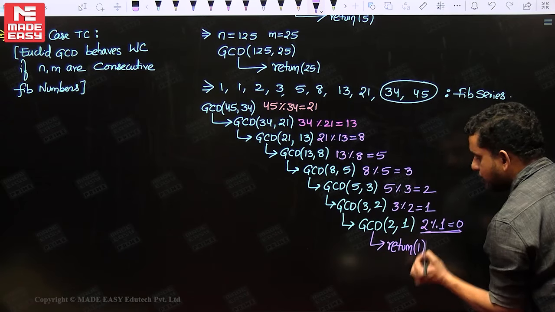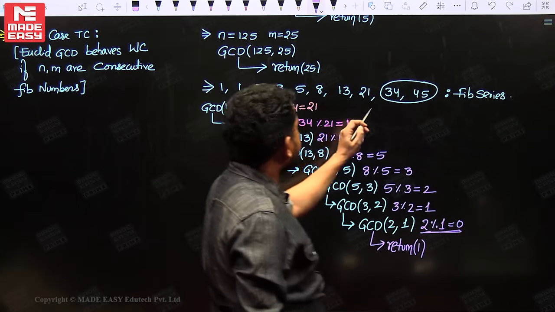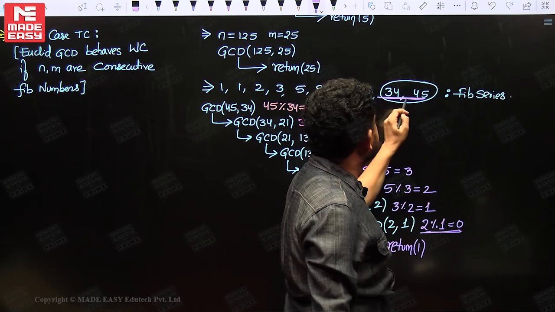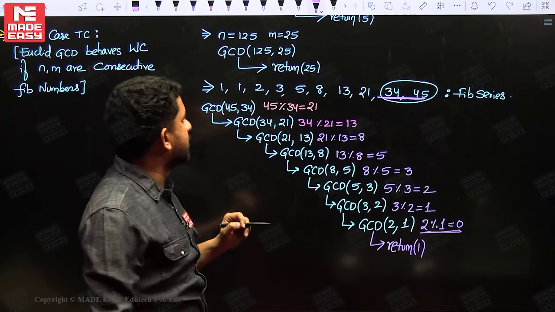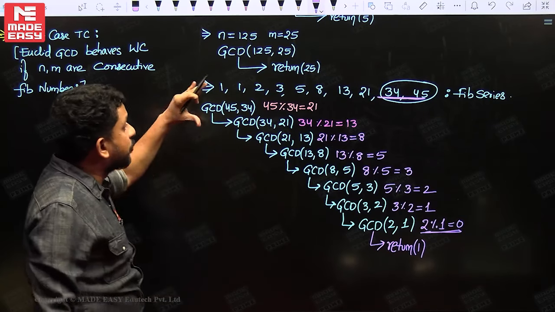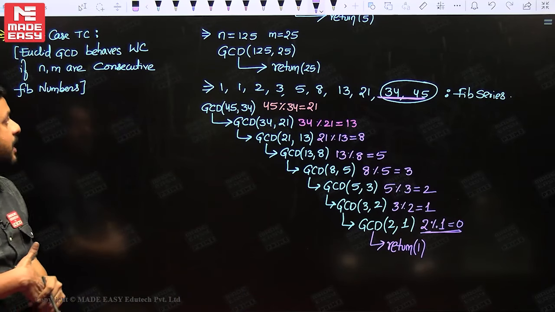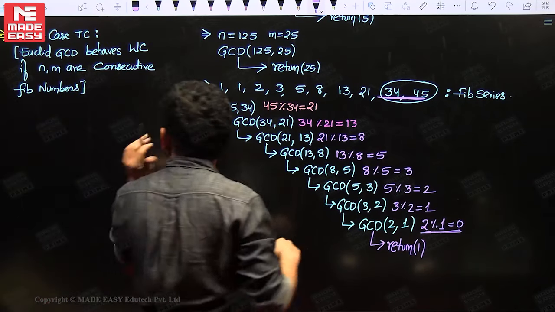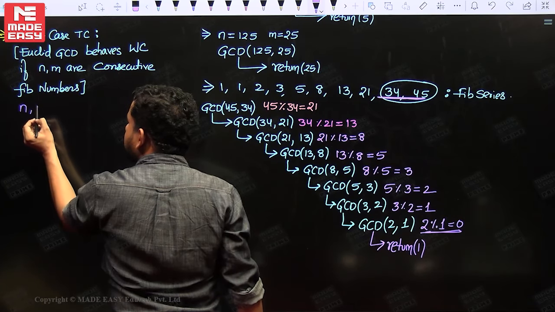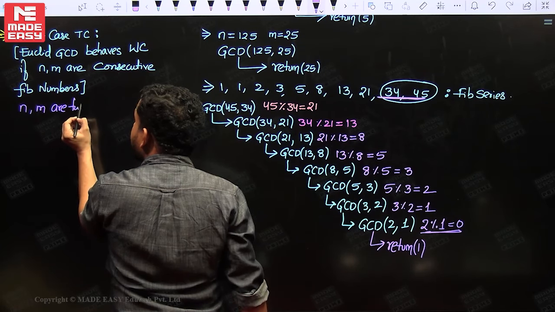So see, if n is 45 and m is 34, two consecutive Fibonacci numbers, so many function calls are made. This is the worst case scenario for the Euclid GCD algorithm. So here you can understand one thing: if n and m are two consecutive Fibonacci numbers,